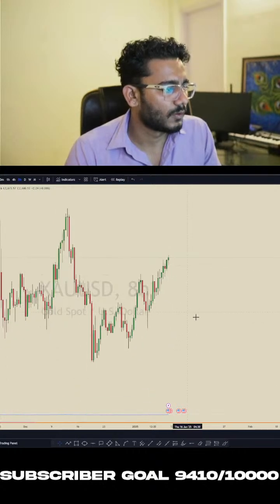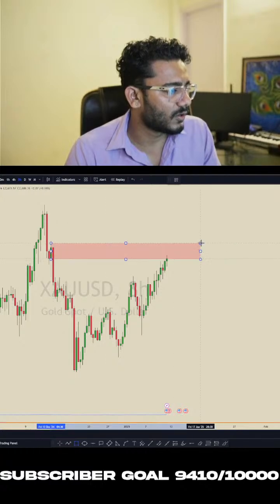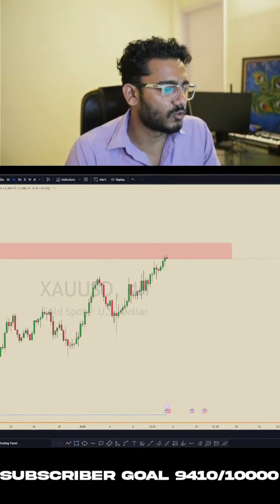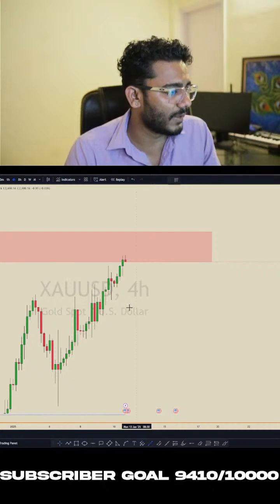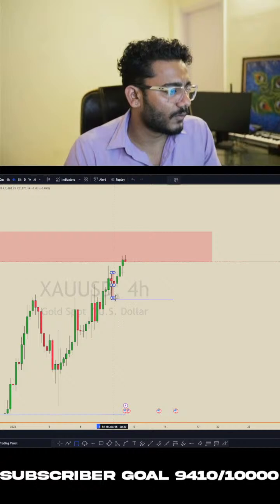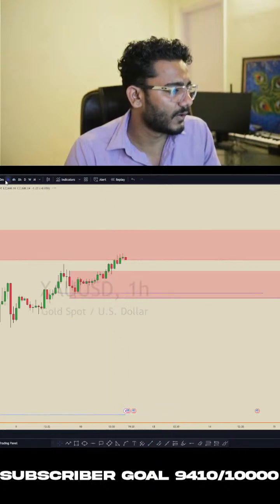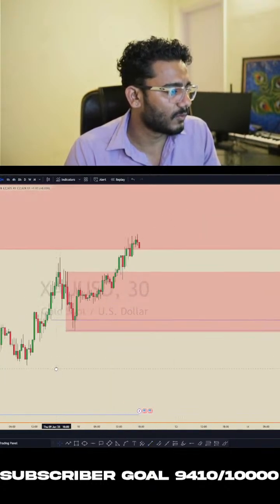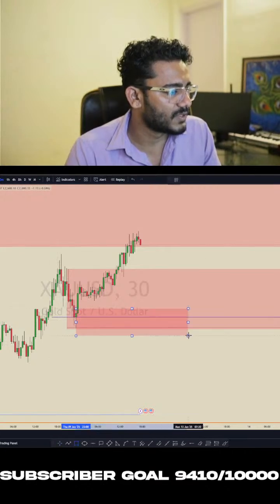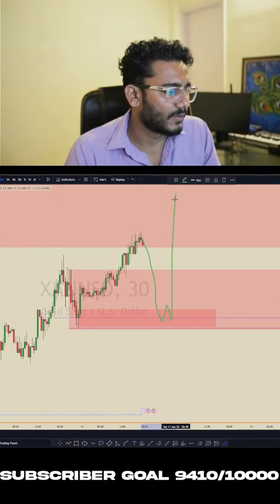So on gold, I'm looking for sell side entry because there is an order block. I'm waiting for price to create a change of pattern. It should be a strong change of pattern. It should at least break this low, because right now this structure has induced this low, which is on 4 hour. If we refine this order block, we can see there is an order block on 30 minutes, which is unmitigated. So I'm waiting for price to come here, and then I can look for buy side entry at this order block. But if this breaks, then I'm looking for sell side entry.